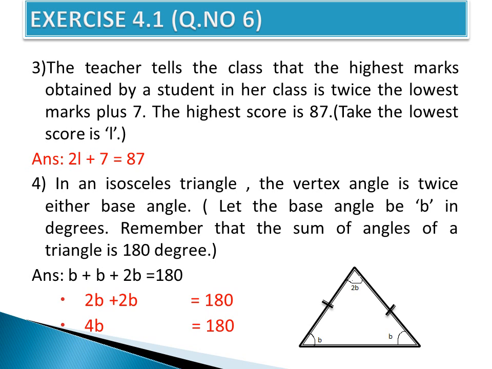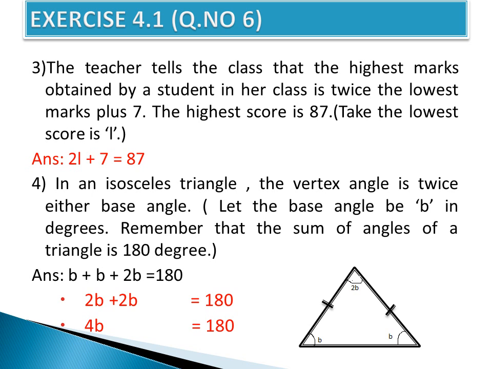And the vertex angle means the angle which is related to the equal sides. So that is the meaning of vertex angle. Base angle means just opposite to the vertex angle. So the base angles are already marked there, b and b. And the vertex angle is given there. It's already given that the vertex angle is twice the base angle. Base angle is b, so twice, 2 times b, that means 2b. For the vertex angle you see that 2b is written, and the base angles are written b, and all the 3 angles together we will get 180.